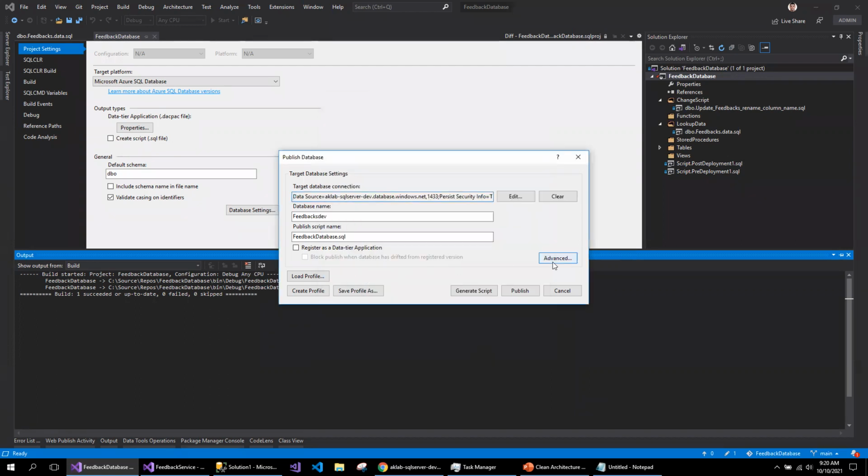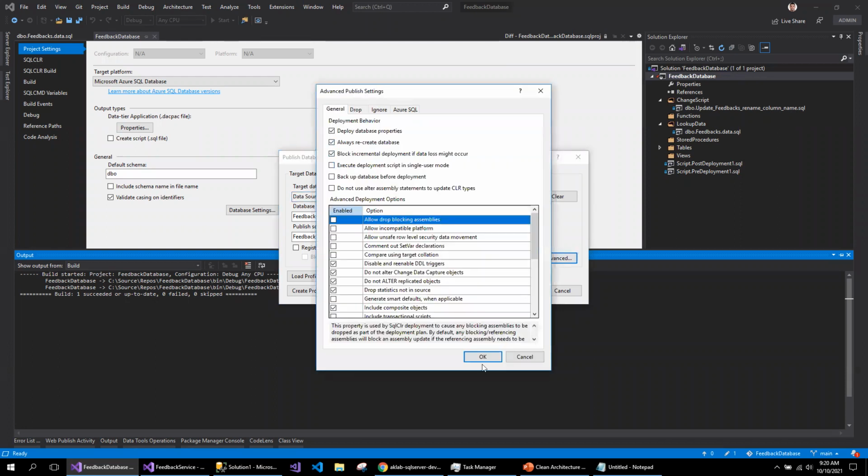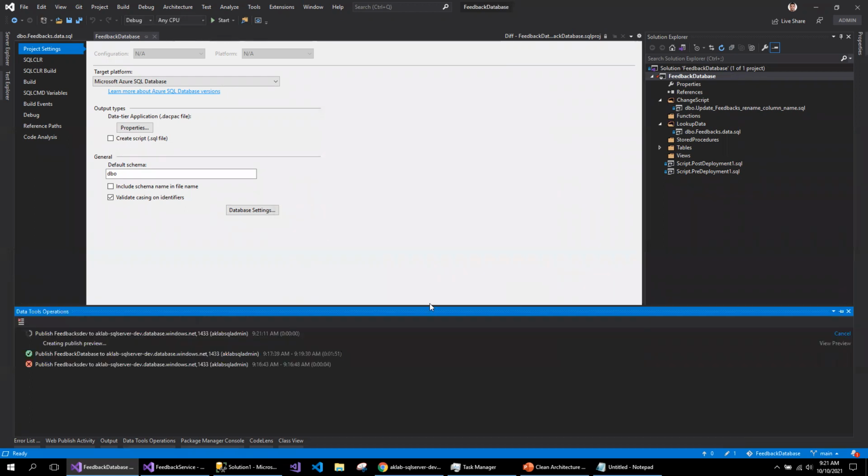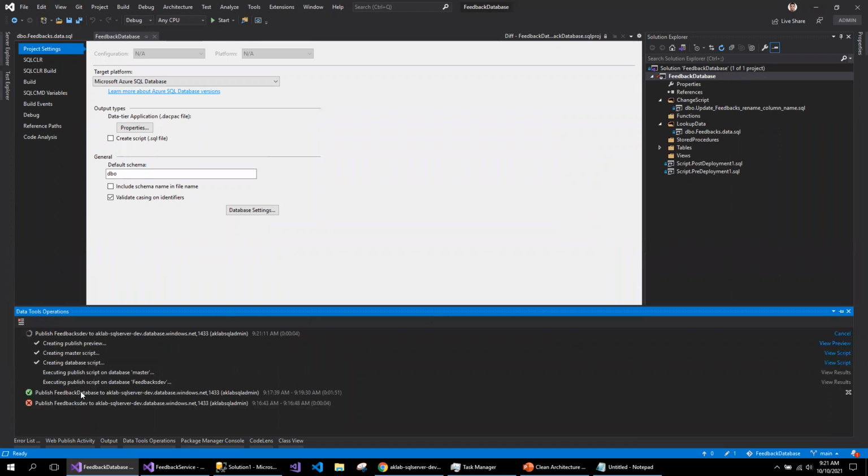Okay, so that's my connection state. I will try to recreate, even though it is the first time. So this is the feedback dev. The script name, I'll keep it consistent. Publish now. So now this time it is connecting to the feedback dev.